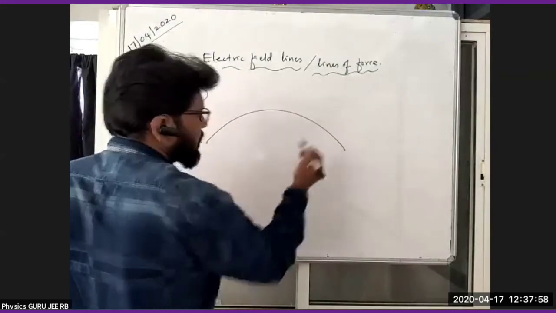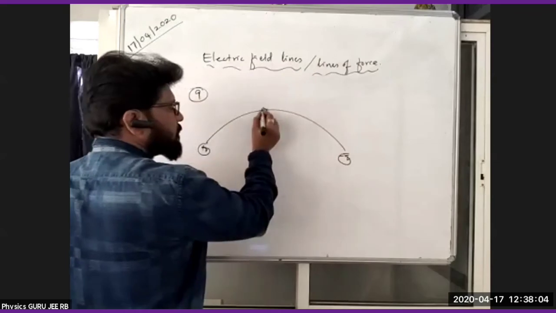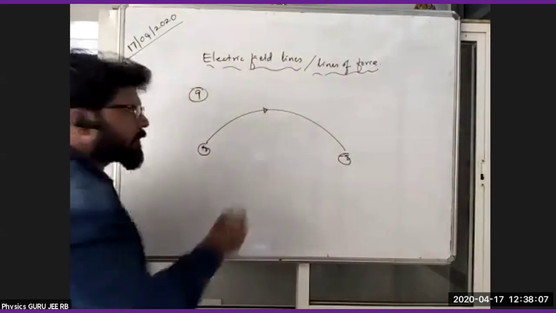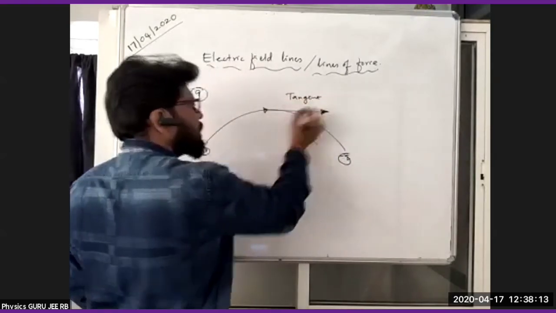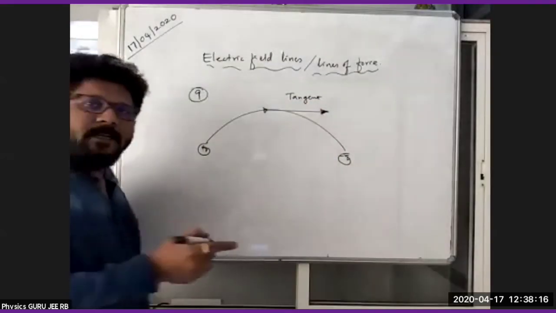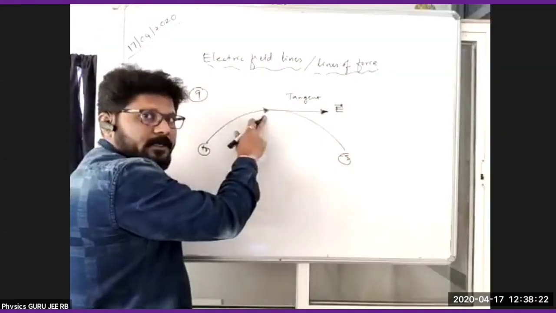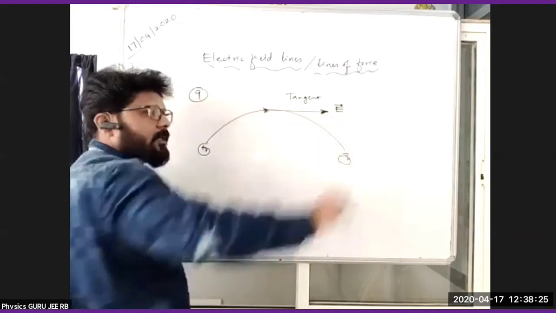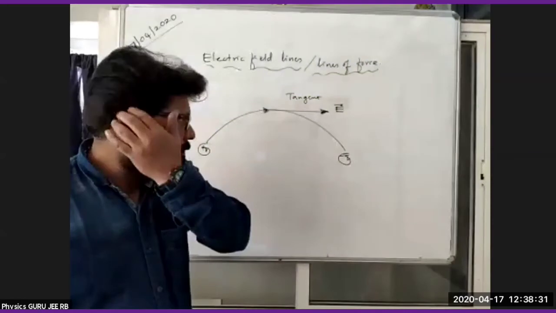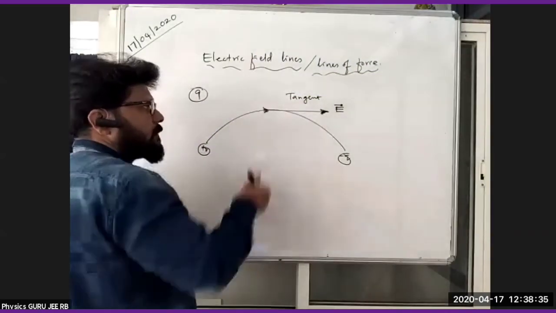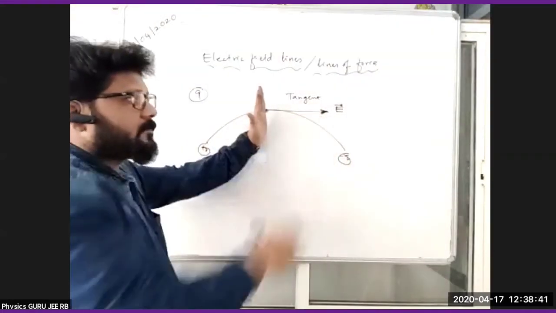So if I take this as an electric line, right? This is the positive charge, this is the negative charge. It's an electric line. If I want the direction of the electric field, I just draw a line like this. This is called the tangent. The tangent drawn at any point gives the direction of the electric field at that particular point. If I want the electric field intensity at this particular point, I just draw a line, that's all. Tangent means it should be perpendicular to this surface, right? If I draw like this, that is a tangent. So the tangent will give the direction at that point.